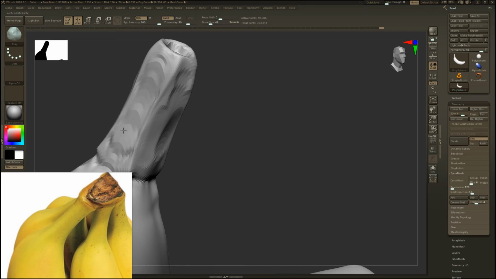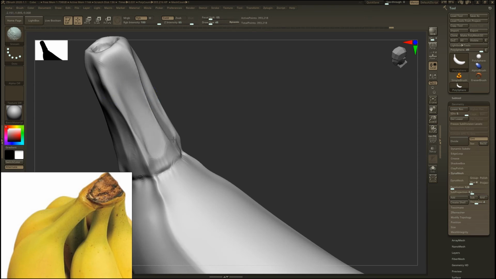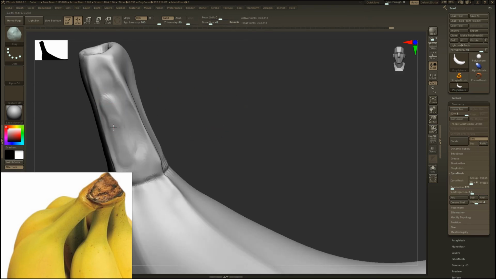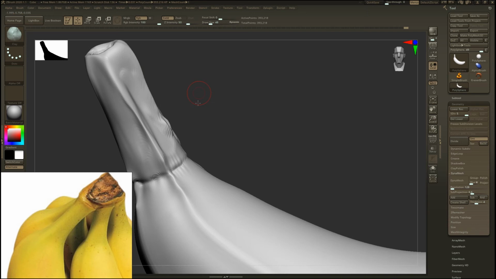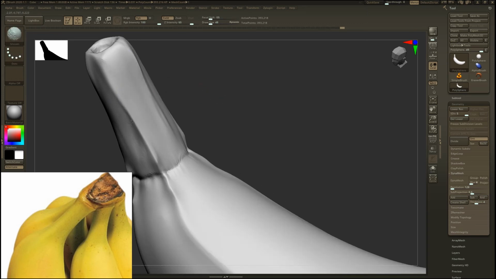Making some changes here. Don't bother too much right now, just try to get basic shapes as you are on the initial learning path.